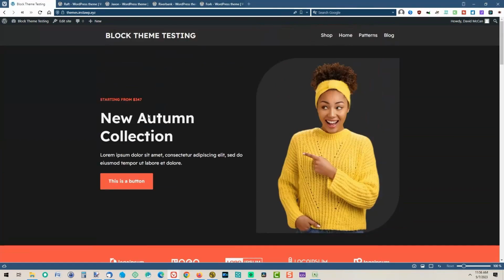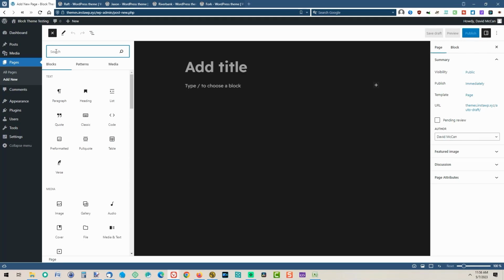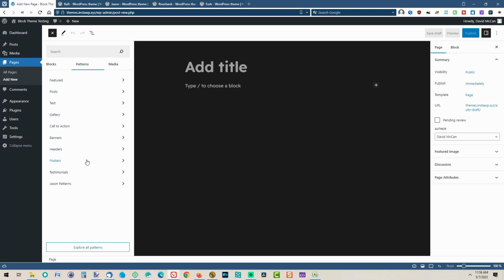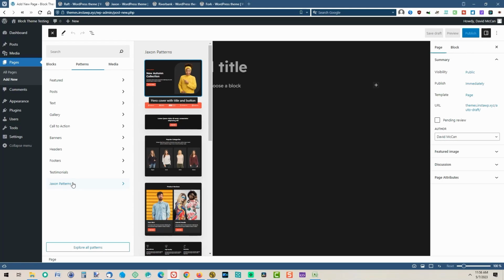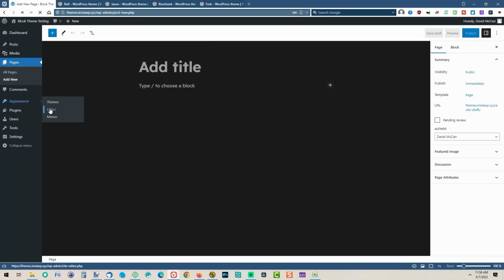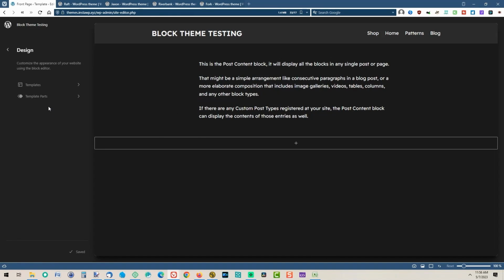Okay, if we go to look at a page, we see that they have Jaxon patterns, which are going to be different. Okay, if we look, we don't have any other menu, so that's just like Raft without the blocks plugin added on. We have the menus item added here,